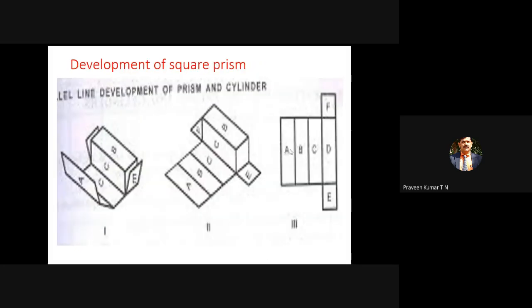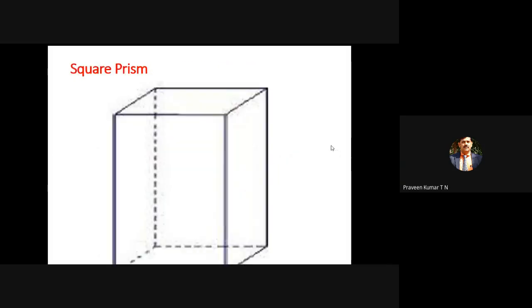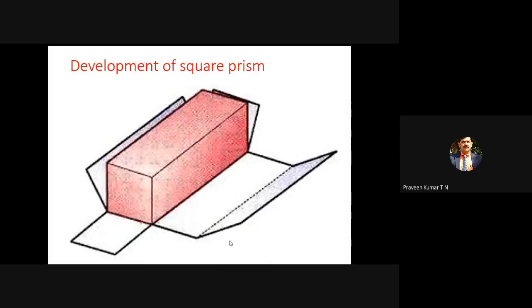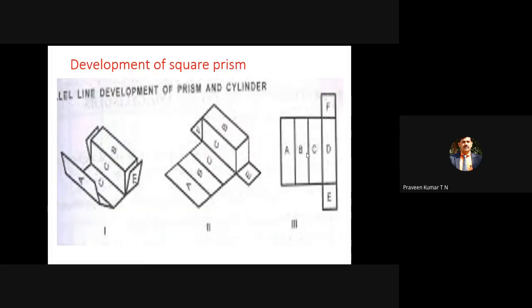A is one rectangular surface. B is one more rectangular vertical face. C is one more rectangle. D is one more rectangle. You can see from this diagram. Imagine this: the front is A, the right face is B, the rectangular face behind is C, and the left side rectangular face is D. Once you imagine that you have already taken out the top square and bottom square, then if you open from this point to this point, we'll end with 4 rectangular faces A, B, C, D.